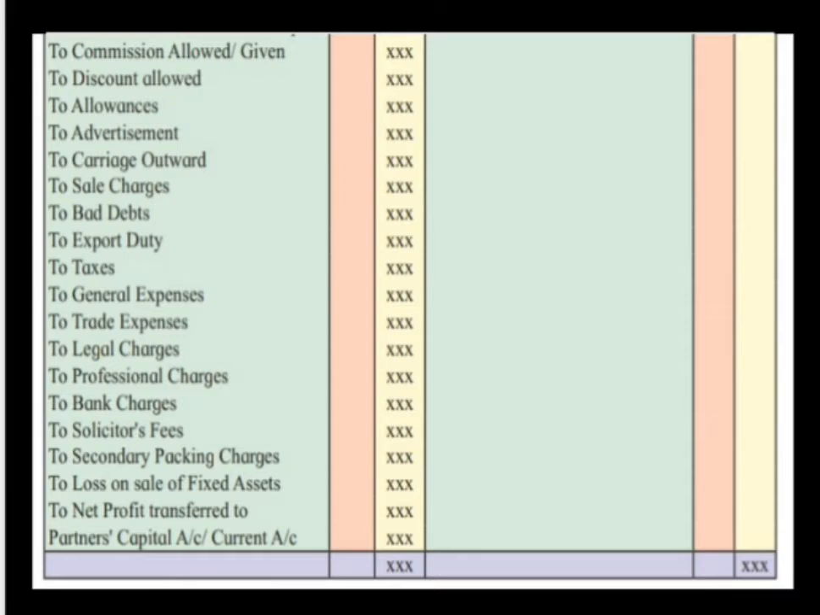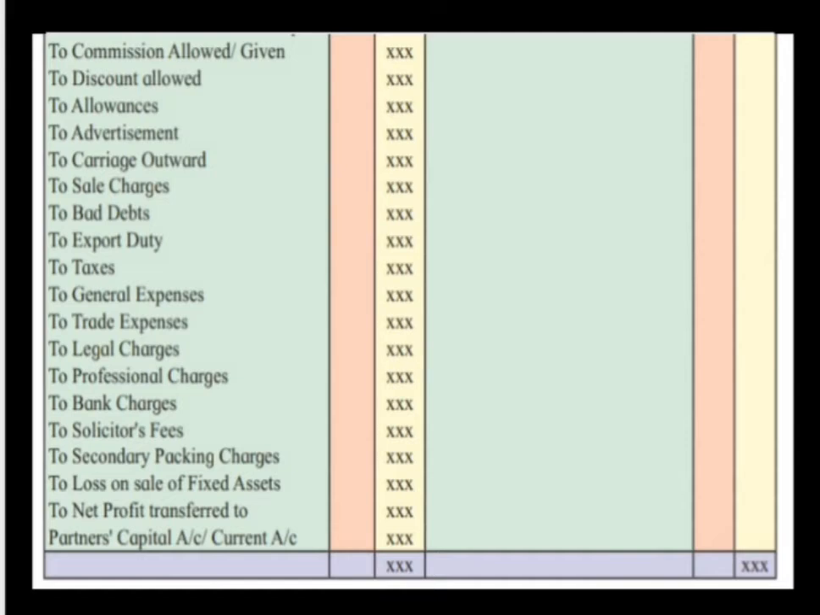To commission allowed, to discount allowed, allowances, advertisement, to carriage outward, to sales charges, to bad debts, to export duty, to taxes, to general expenses, trade expenses, legal charges, professional charges, bank charges, solicitors' fees, secondary packing charges. And if any fixed assets are sold out and we incurred a loss, then that loss has to be debited to